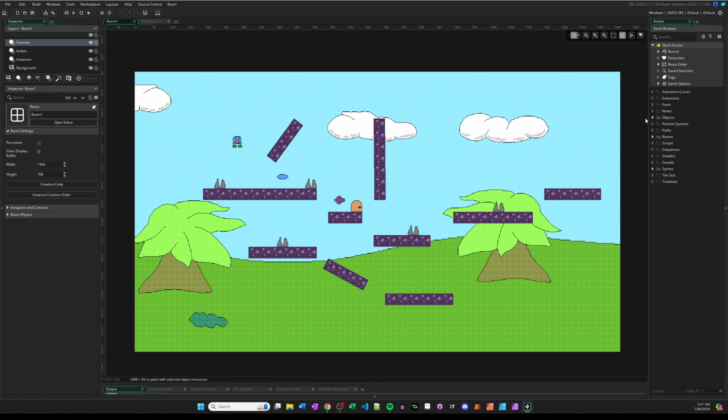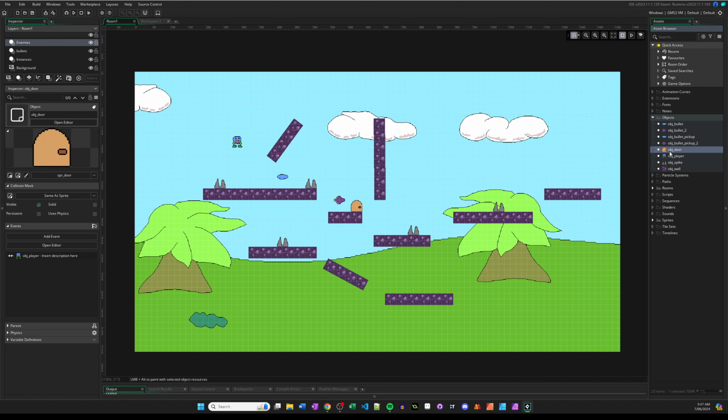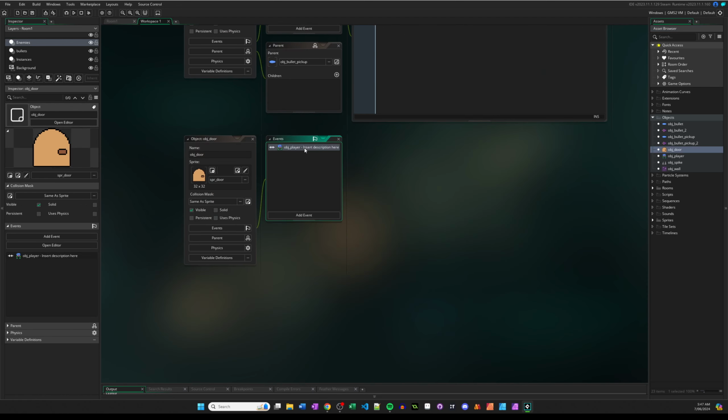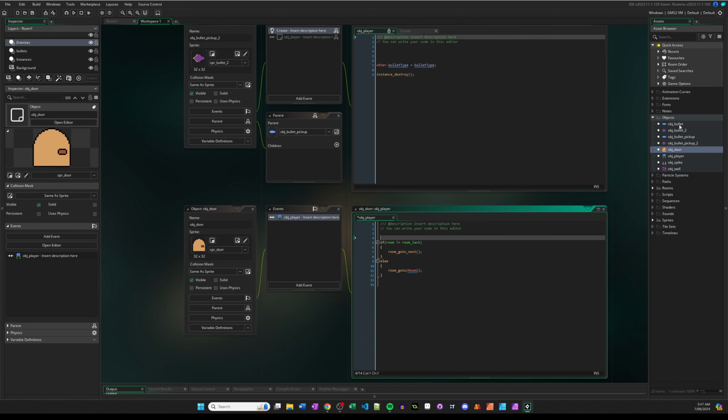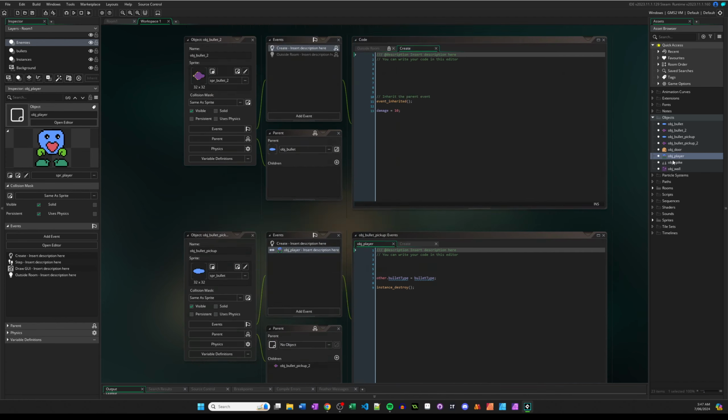So what we'll do is, if we go to our objects, pretty sure it was in our door object when we have a collision with the player, we say if room doesn't equal last, go to. So what we can do here is basically say if, bracket. What we want to say is while we're colliding, if we press a button, then we want to open the room. So I'll go back and show you, if we go to object player,